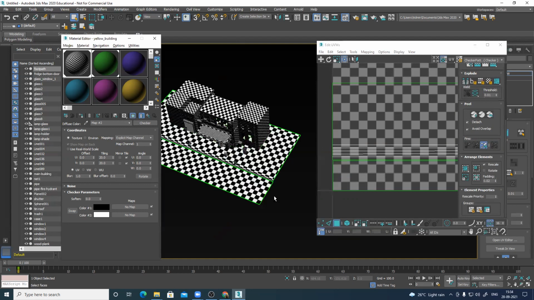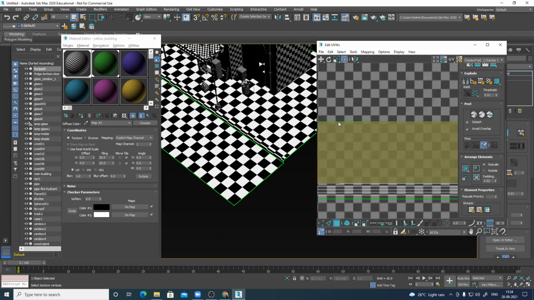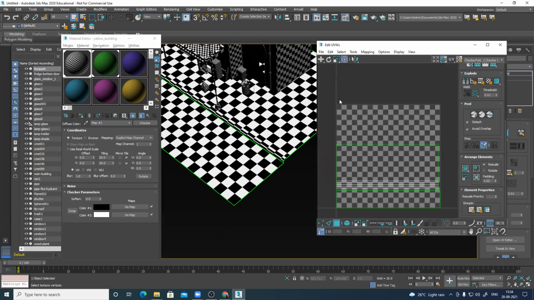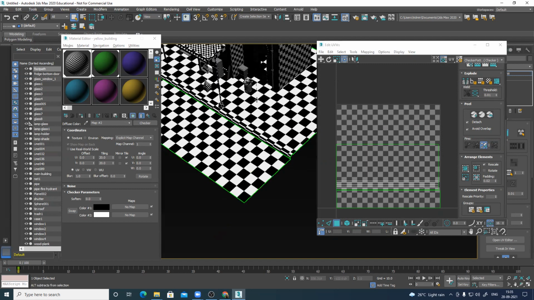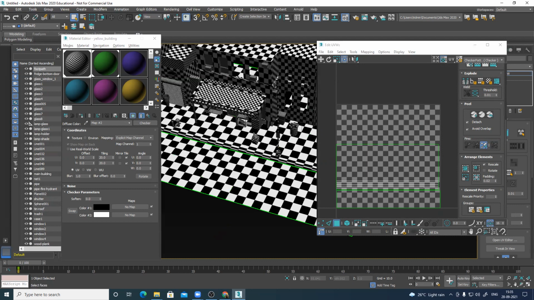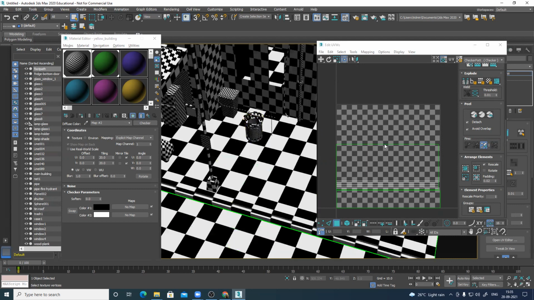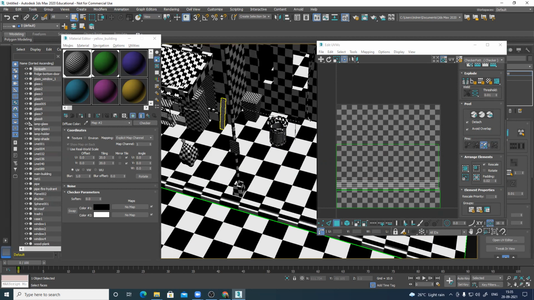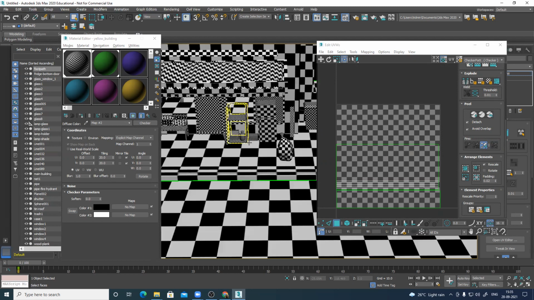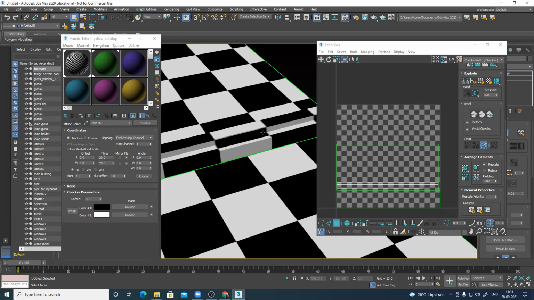Let's see if I apply this again. These two are packed, but I still have a decent amount of space empty. That means I can add more elements here. Do not waste UV space. There's a basic rule of thumb: if there's wastage of UV space, try to add something from your scene. Suppose for this shop you have added a 1K map. Instead of that, put this dustbin or maybe this pillar into this. So you can use better resolution for close-up shots and less resolution for the rest, and plus stretch.